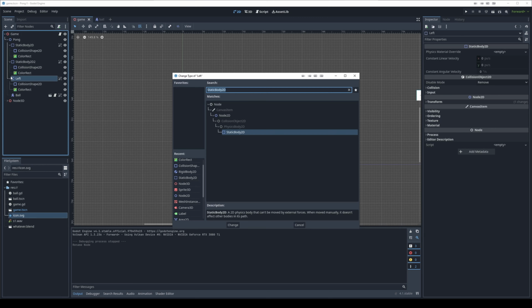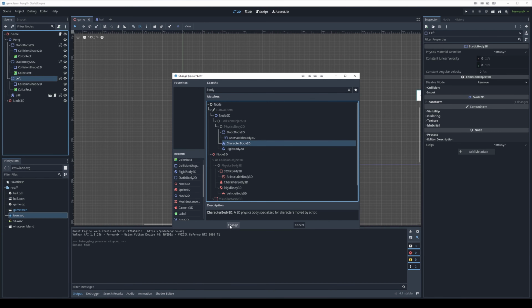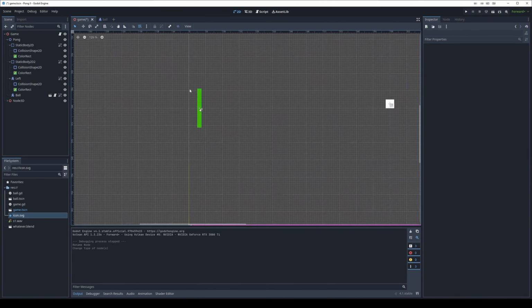So I'm going to change this one. This is a static body currently, but I'm going to want it to move. So there's a couple things you can do. If I type a body, you can see I have a few options here. Animatable body is a good option. You can see it's a 2D physics body that can't be moved by external forces, but it can be moved manually. I'm going to do a character body again because this one will give me a couple nice options for